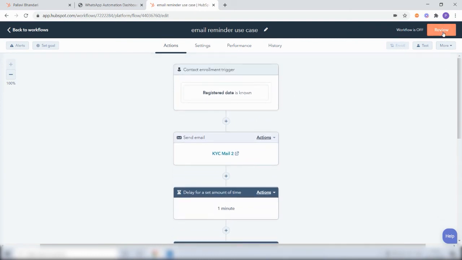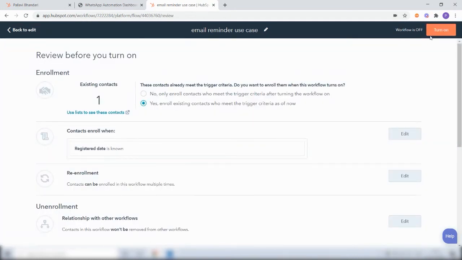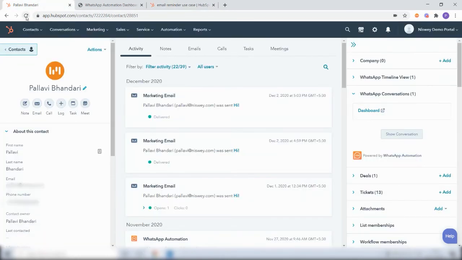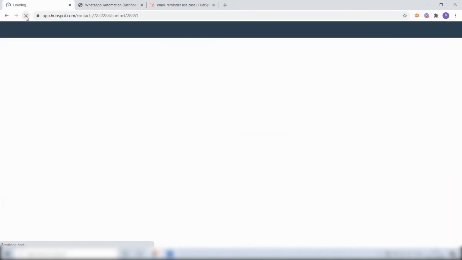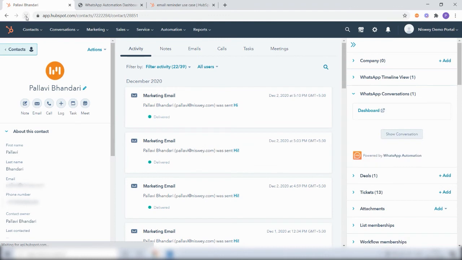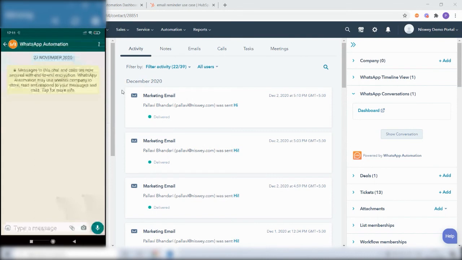So let's test the workflow and see how it works live. So as you can see, I've already received the mail, and after a minute I should be receiving the WhatsApp message as well.